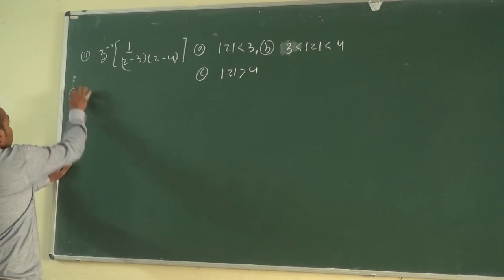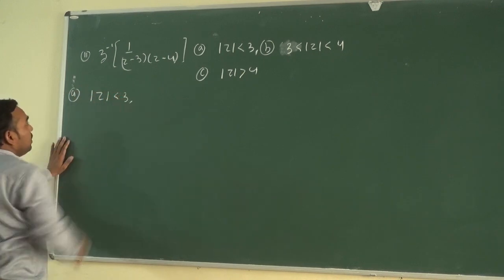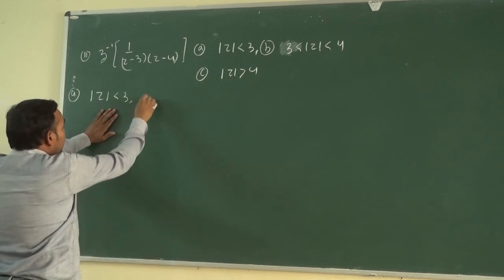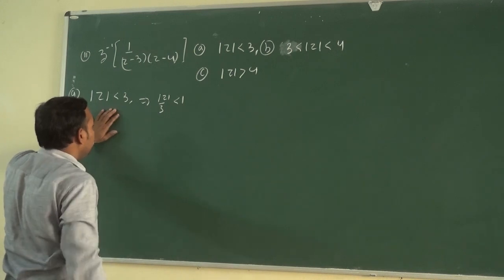Means we want to find the inverse z transform for each of these regions. So for (a) mod z less than 3, write this in this way upon 1,